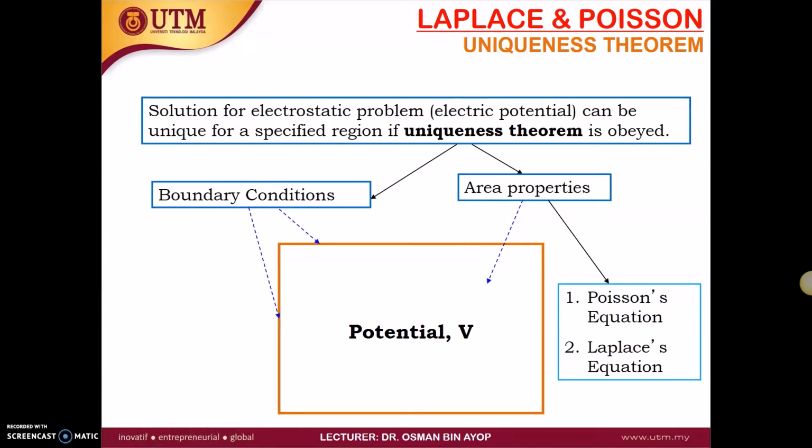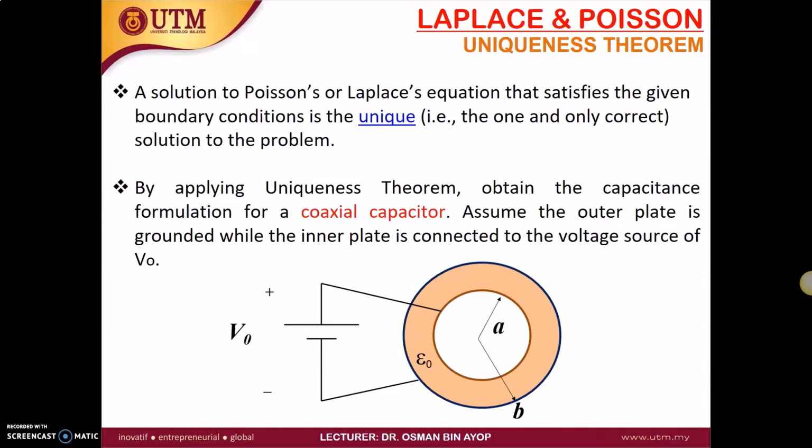The solution for an electrostatic problem, which is the electric potential, can be unique for a specific region if the uniqueness theorem is obeyed. That means when you are given the boundary condition and the region properties, the solution is only one absolute solution. Let's say you are given a region and you want to find the expression of potential inside the region. You can solve using either the Poisson equation or the Laplace equation, depending on whether the charge system exists inside the region or not. A solution to Poisson or Laplace equation that satisfies the given boundary condition is unique. That means it is the only correct solution to the problem. By applying the uniqueness theorem,